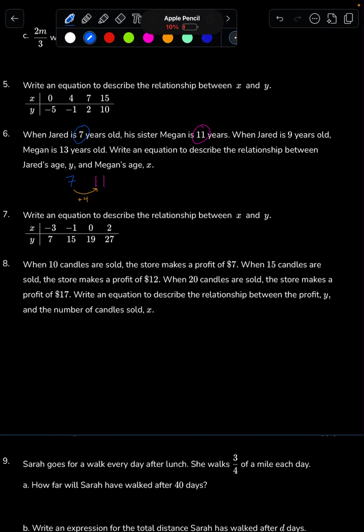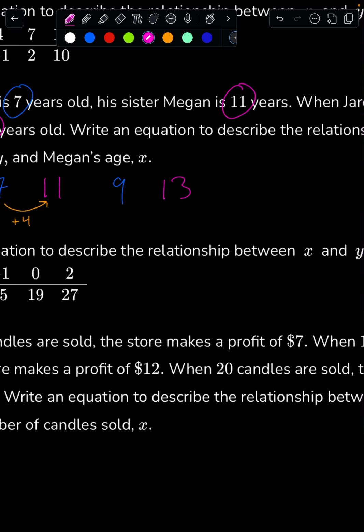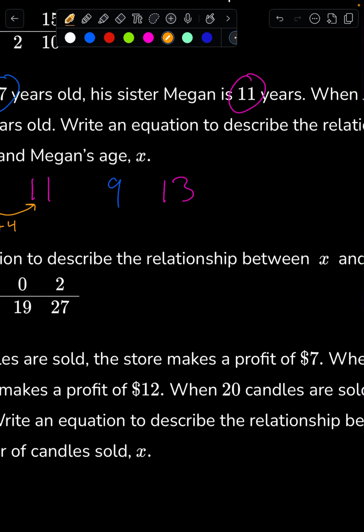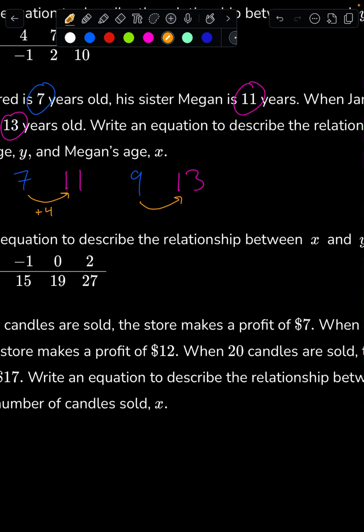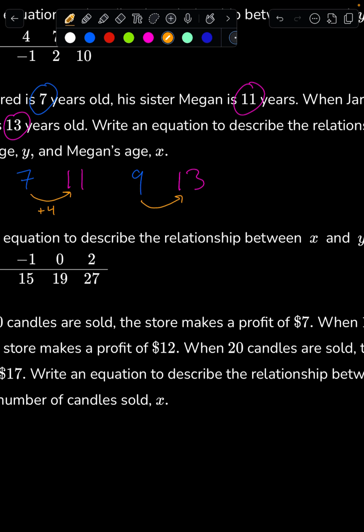So if I look at the other situation, it says when Jared is 9 years old, Megan is 13 years old. So I'm going to do the same thing. I'll write 9 and I'll write 13. And then I'm going to zoom in here and I'm going to say, well, do I have to add 4 to 9 to get to 13? And yeah, 9 plus 4 is 13. So we can see now that the pattern here is if we add 4 to Jared's age, we get to